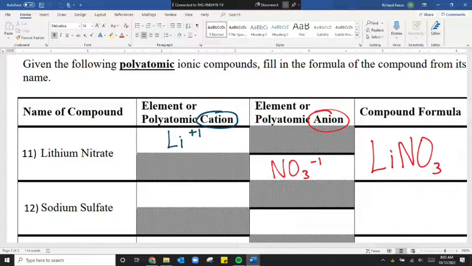So I want you to work on this for a while. Once we all get finished or close to finished, I wanted to do a quiz live with that peak list and use the peak list just to get familiar with those polyatomic ions a little bit more. But I'll give you a little bit of time to work on this for a while. If you have questions, just ask. If you finish really fast, I want to come and check these like I did yesterday to make sure you're doing